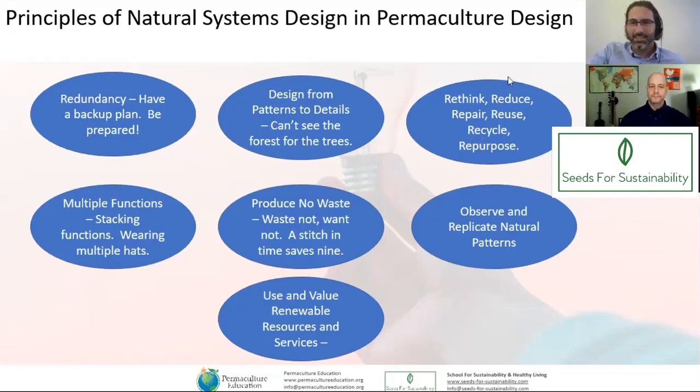All right. So natural patterns are nature's way of structuring and organizing ecosystems. Natural patterns can be found at all scales. In permaculture design, we learn to notice patterns, and by observing the patterns that we see, we can design elements and systems that work in concert with the patterns of energy and materials they are embedded in or interacting with.